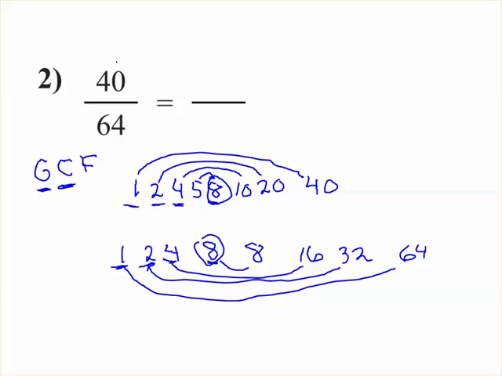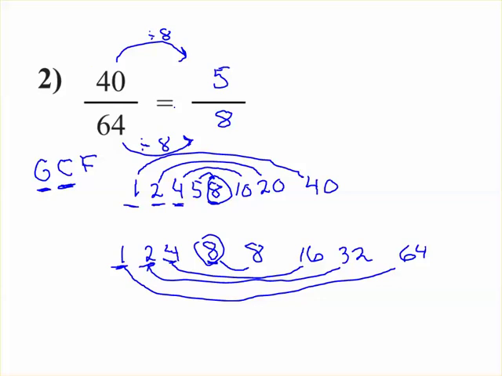We want to divide both the numerator and the denominator by 8. Okay, so let's do that to find our answer. All right, 40 divided by 8, that's 5. Right? Because 5 times 8 is 40. 64 divided by 8 is 8. Now,